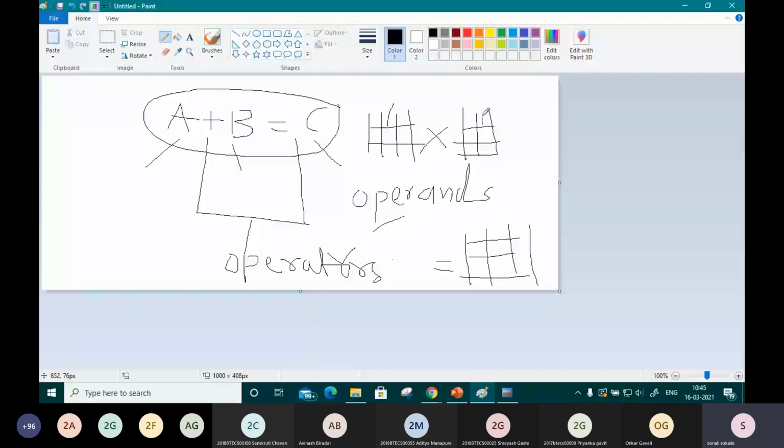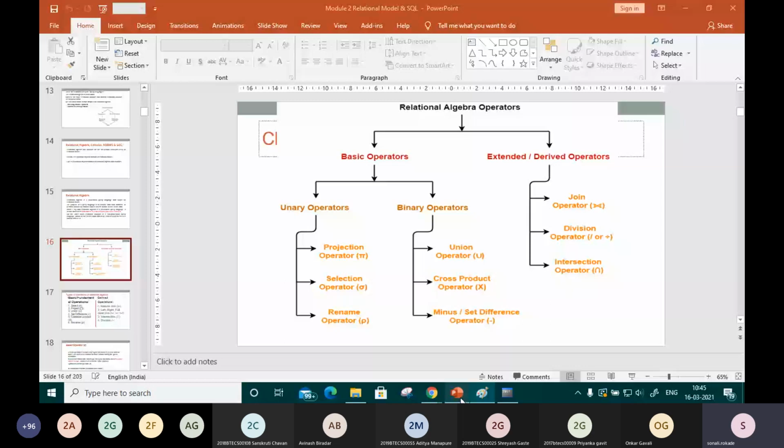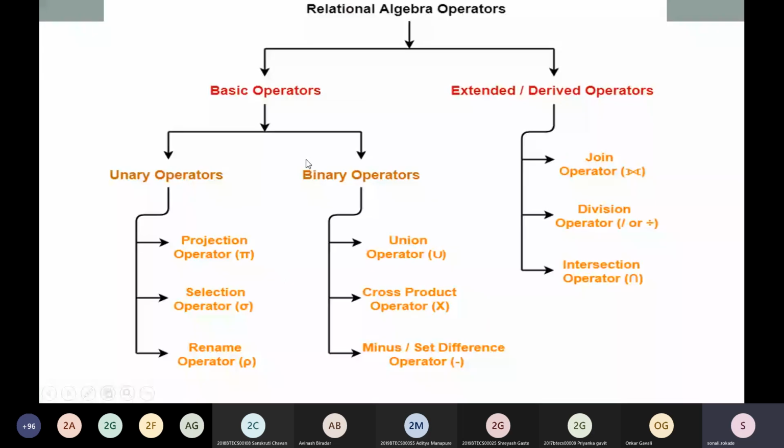At that time, these two are called operands and the product symbol is called the operator. For relational algebra also, there is a set of operators available with which we can perform relational algebra operations. So what are those operators? Basic operators and extended or derived operators.